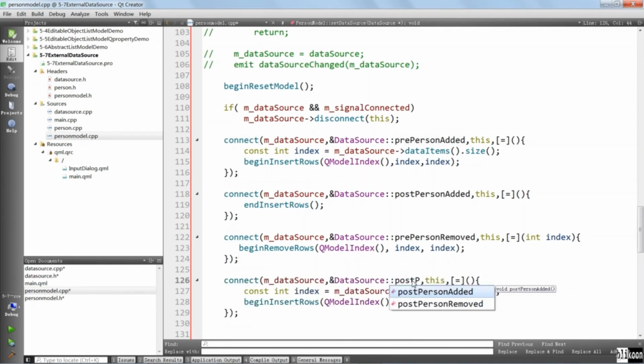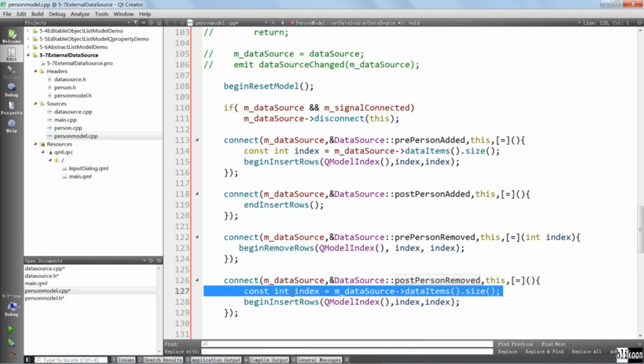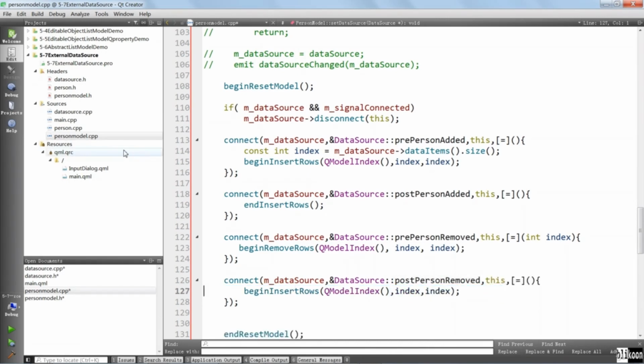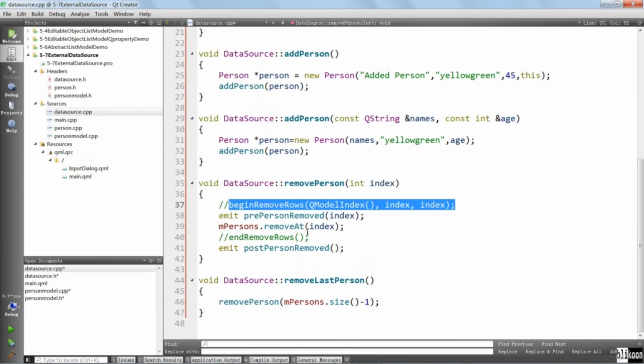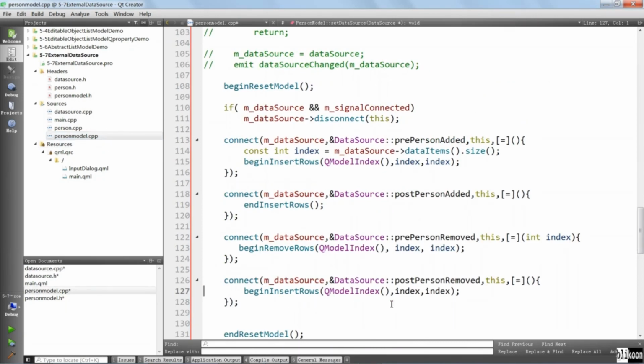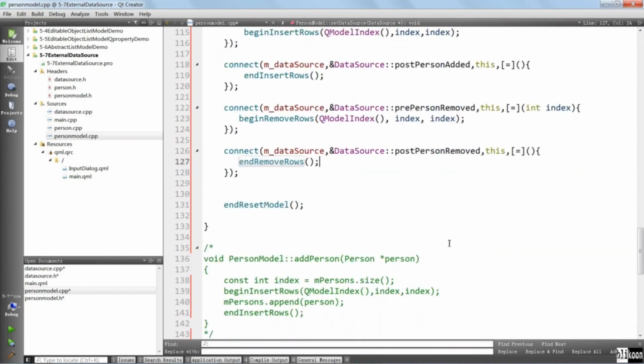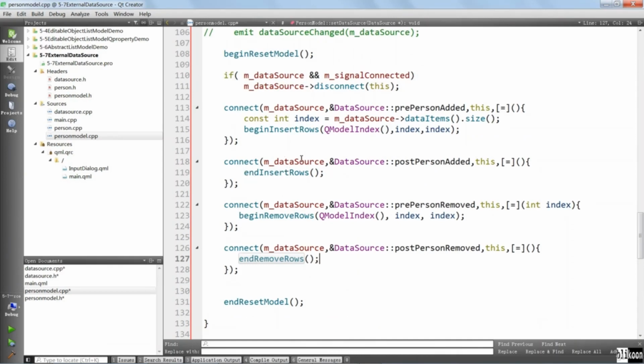Connect post person removed. We don't need this index here, I guess. Let's go back to the data source to cheat a little bit. It says end remove rows. We copy that and we put that in here. Begin remove rows. And we are done connecting the signals from the data source to the slots inside the model